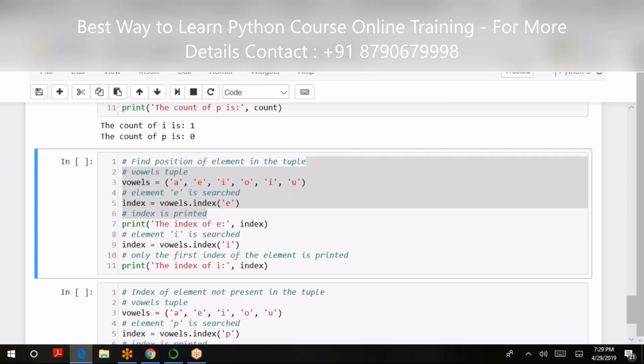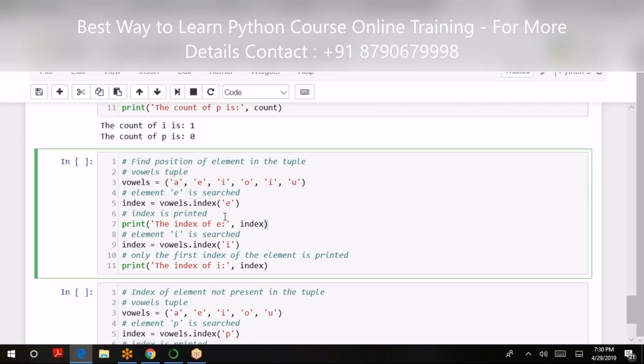Let's say marks of 10 students, or stock prices of 10 days of a particular stock, and you want to find out what is the highest stock price. At the same time, you want to extract on which day that was highest. So in that we may require to extract the position of an element.